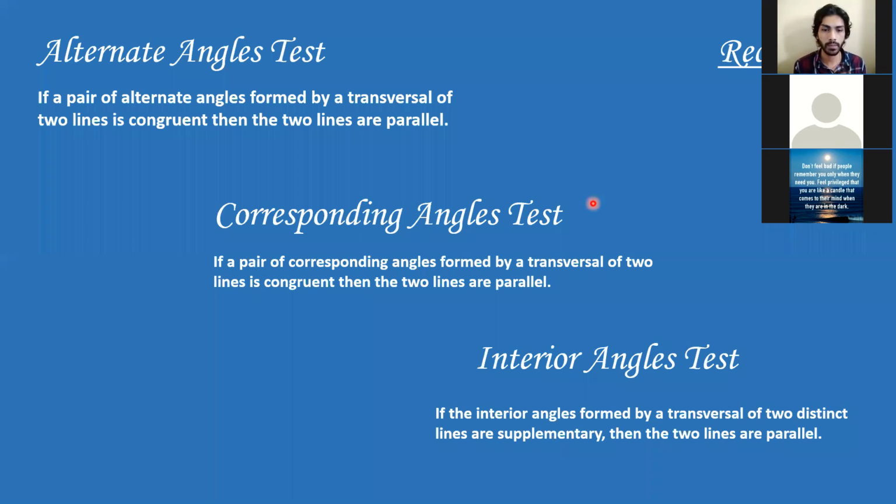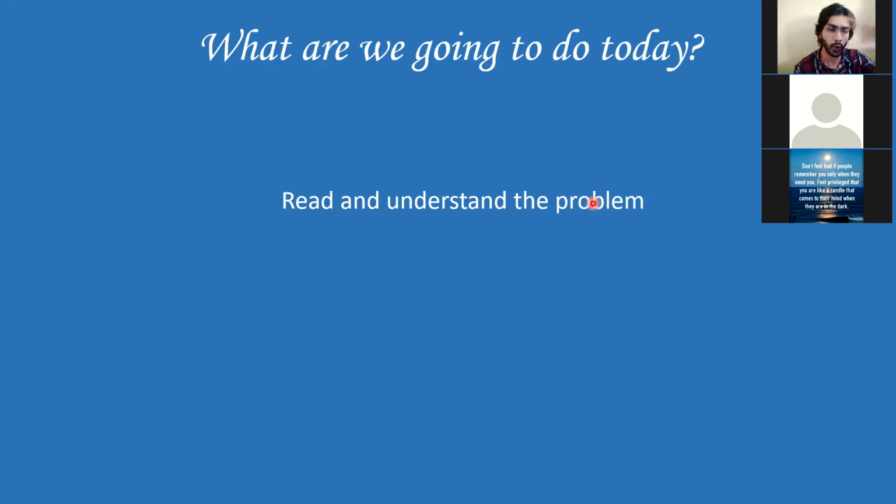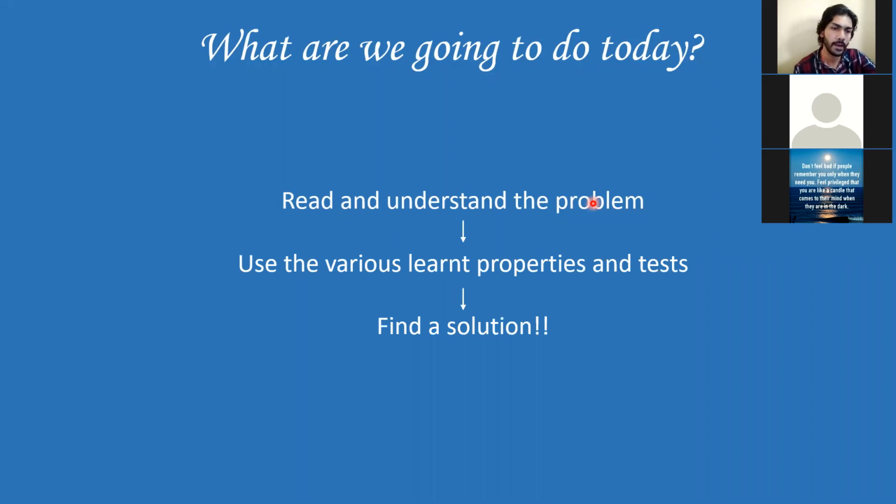So I'll tell you in brief what we'll be doing. As usual, this is like a basic requirement for me because I tell you this so that you're clear as to what we're going to be doing in class. Okay. So first is read and understand the problem. So there are 3 problems based on the test and from your textbook, obviously. We are going to be reading them and understanding them. And then we're just going to be using the tests we learned in the last 2 lectures and find a solution. That's it. Nothing rocket science, nothing difficult. 3 different types of sums. And the 4th sum I'm going to be giving you, which you have to solve on your own and send the pic to me on WhatsApp. So that will be the 4th sum, and I'll tell you what it is afterwards.